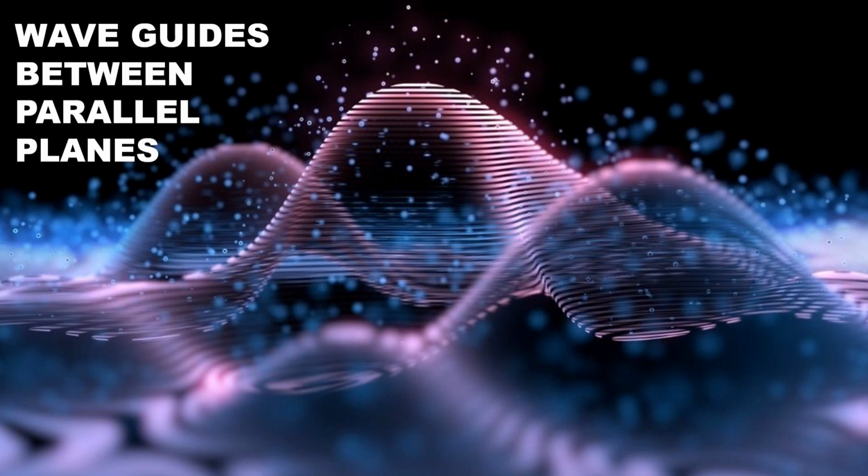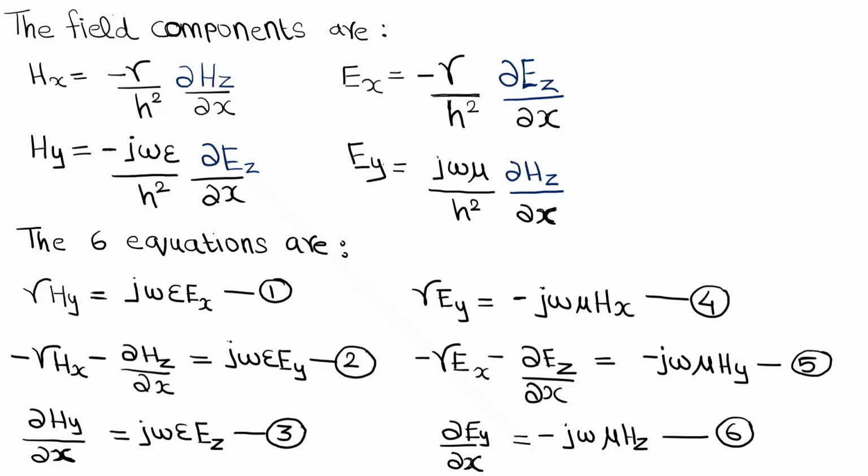Hi everyone. In this video, we are going to discuss the field components. In the previous video, we derived 6 equations from Maxwell's equations. And from these 6 equations, we derived the field components, that is Hx, Hy, Ex, Ey. Now the field components are Hx equal to minus gamma upon h square dou Hz upon dou x,